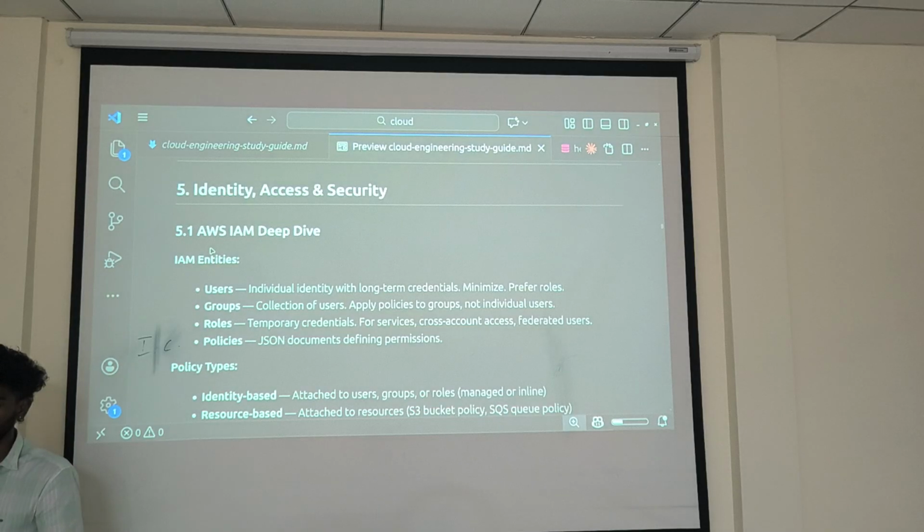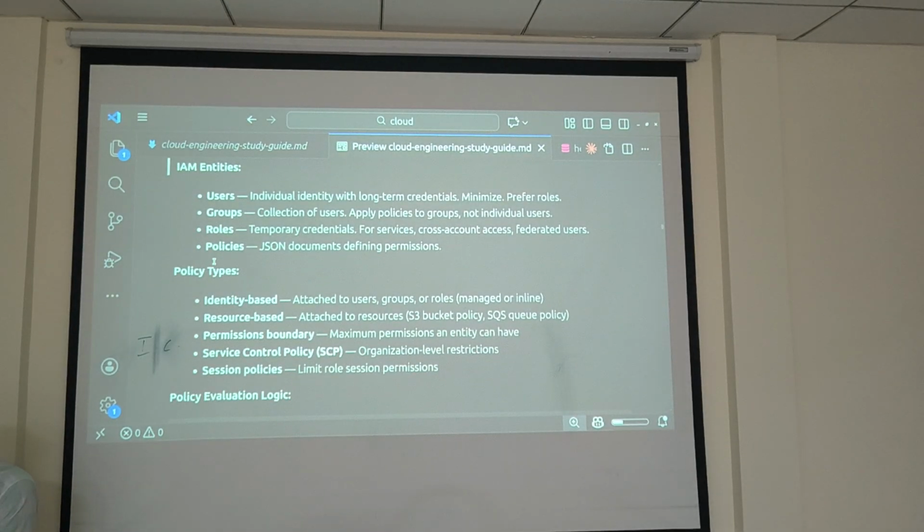This IAM admin is the same across all providers. We can initially start from the users. You can do it for individual users, or else we can create a group. You can assign the roles to the group, so the users in that group get those privileges.